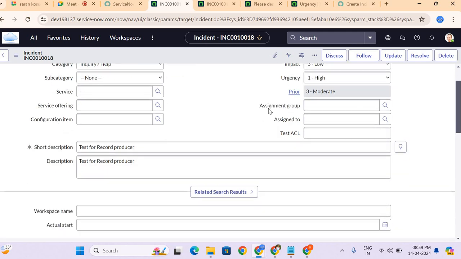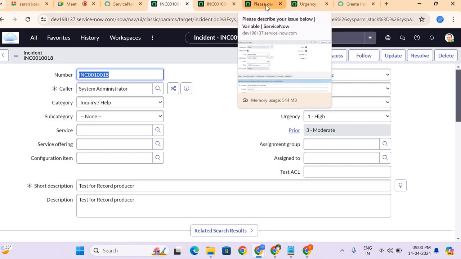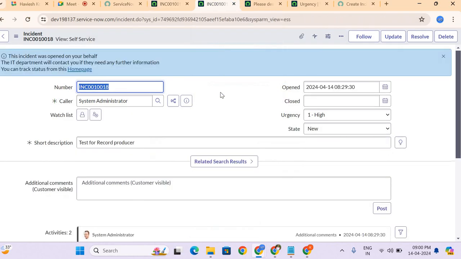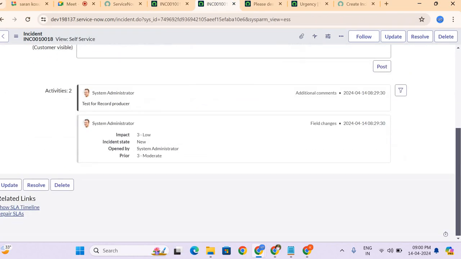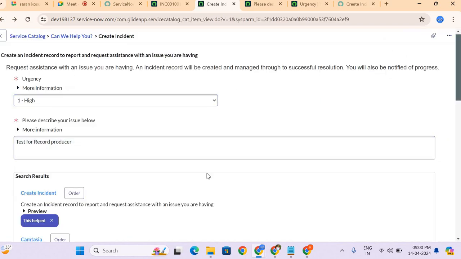If you see here, test for the record producer, and caller is system admin because we have created the catalog item, means we have requested that. So as an admin, I have requested for that. Let me go back and provide this.